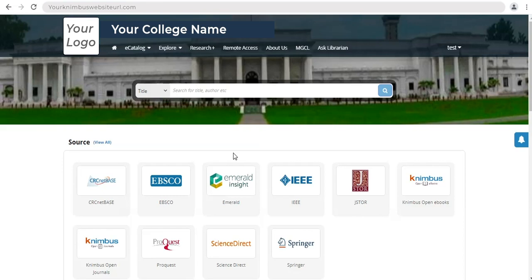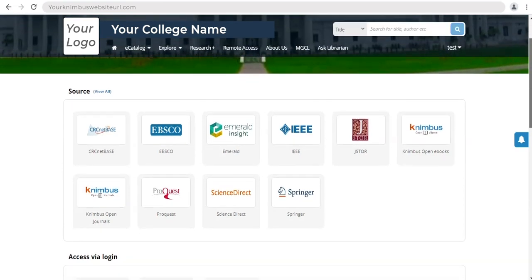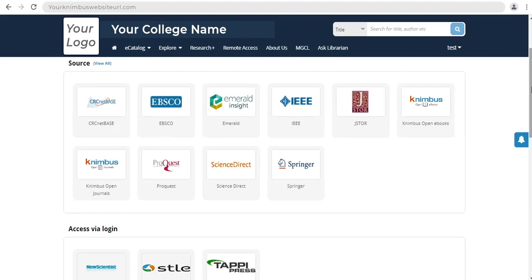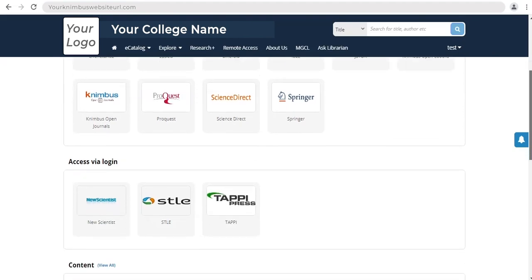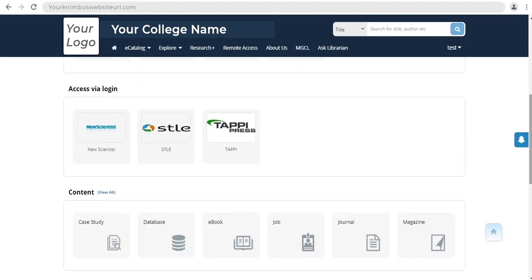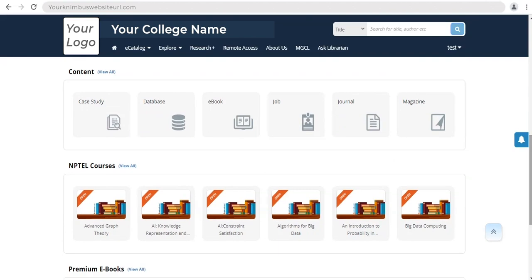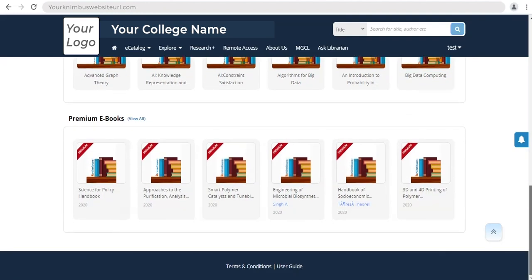You can access content from any publisher, and Nimbus Off-Campus Access Facility ensures you can access all the content anytime from wherever you are. The homepage displays content in various ways. Source lists all the publishers and packages in your library. Institutional content like question papers are organized into sections so they are easy to find. You can also view the content by content like ebooks and videos.